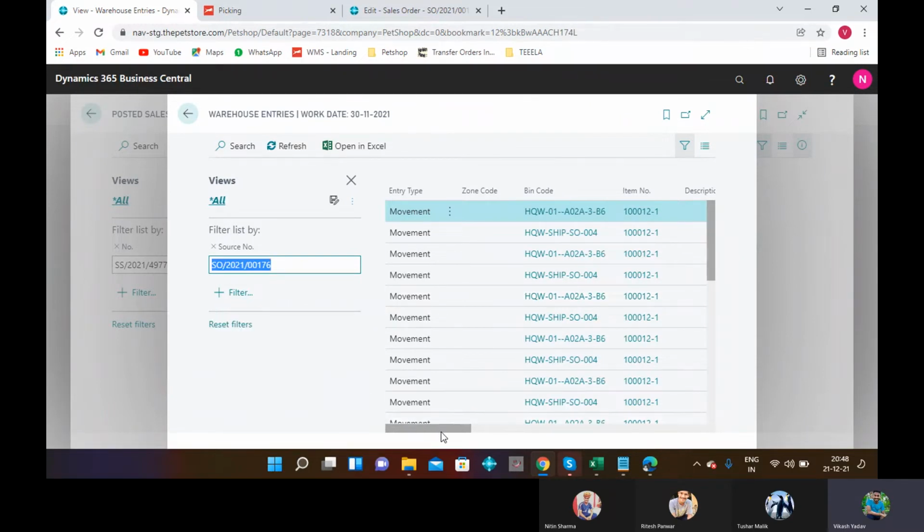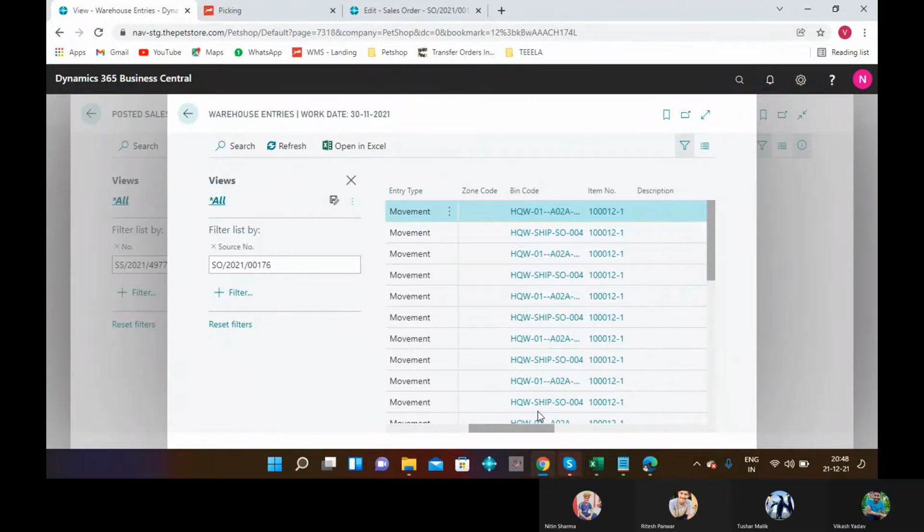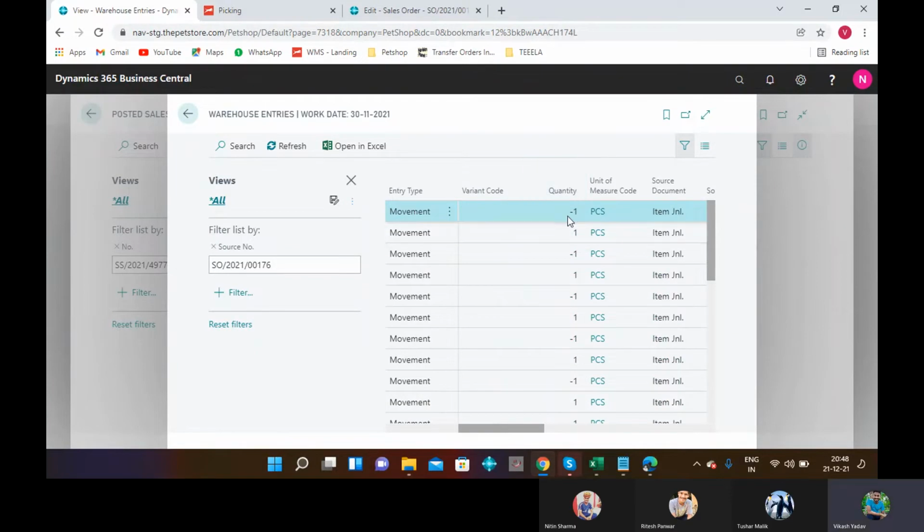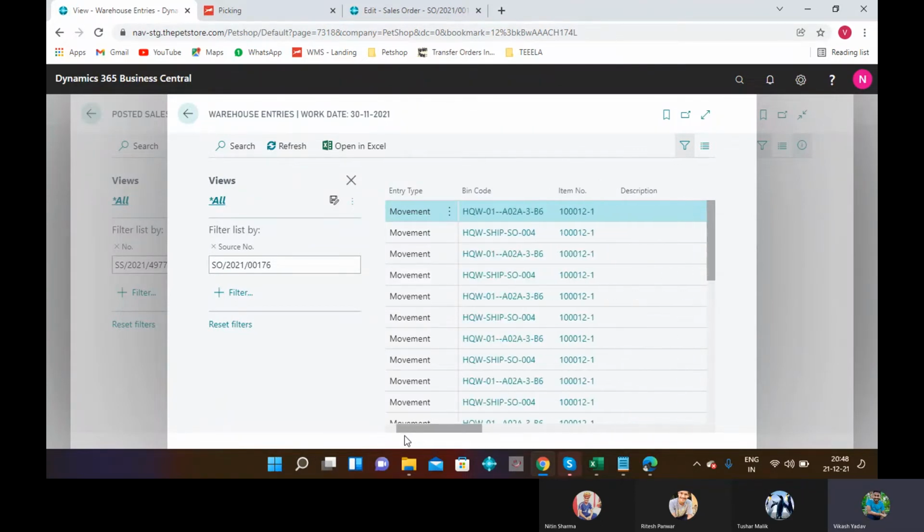Here we can check bin code this and shipment this and movement this. Here quantity is minus and plus on ship bin. When shipment is posted, it will also be quantity on ship bin.